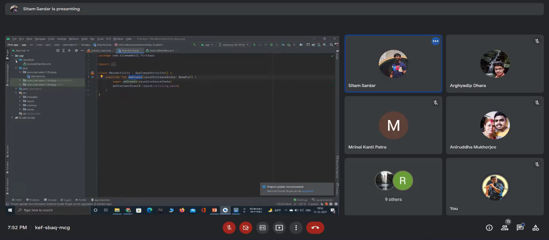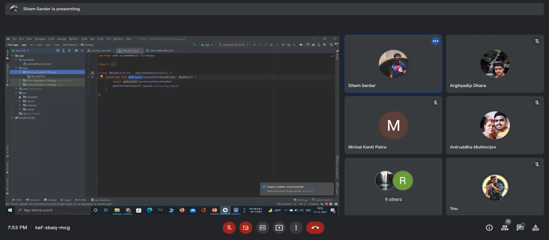Whenever you open up a project, there are some sections. The first is the manifest section. The second is the Java section, where in the first folder there is our Kotlin code. Whatever code we write should be in this folder, not in the other two folders. These two folders are for different things. We will not cover them in this course, and we only work with this folder.